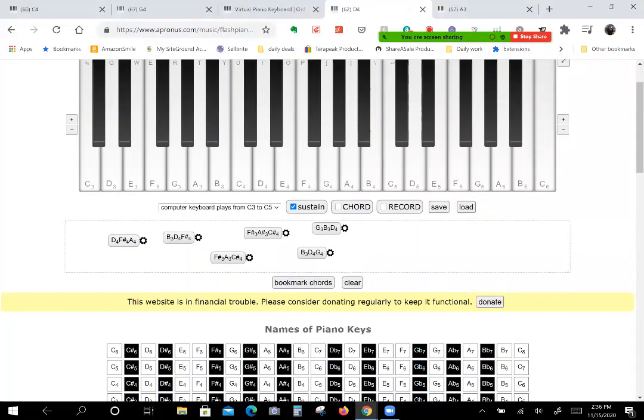So let's see what it sounds like. Not bad, not bad. Not great, not bad. Not bad. I think the first two kind of clash a little bit together, but let's just start with something